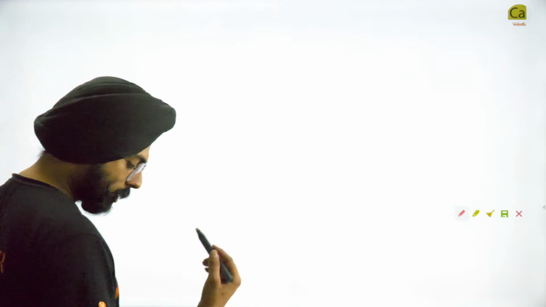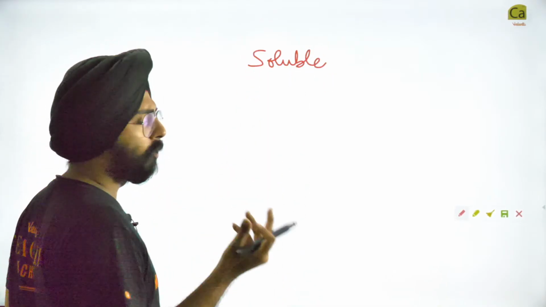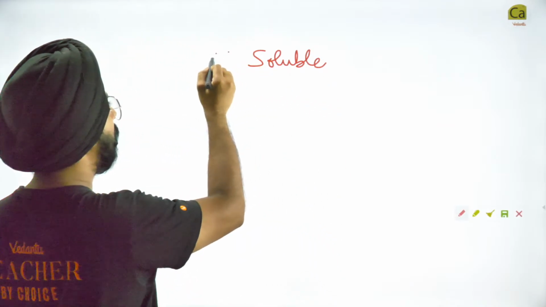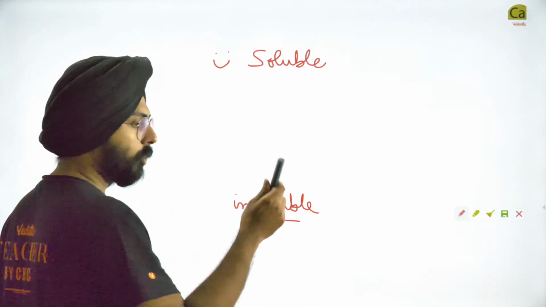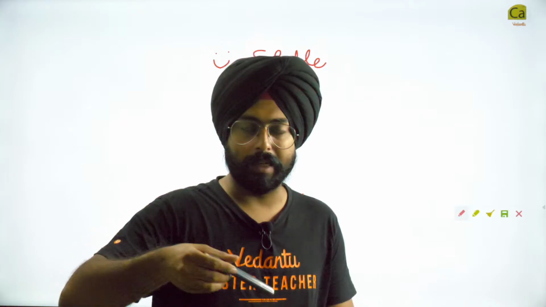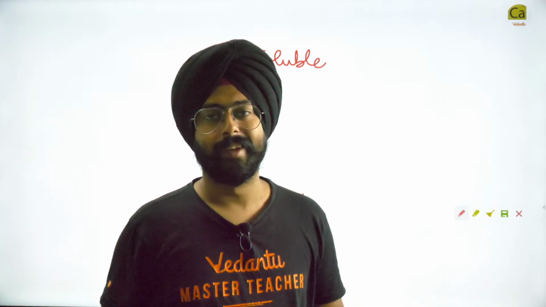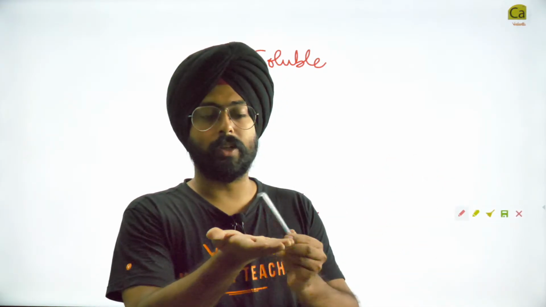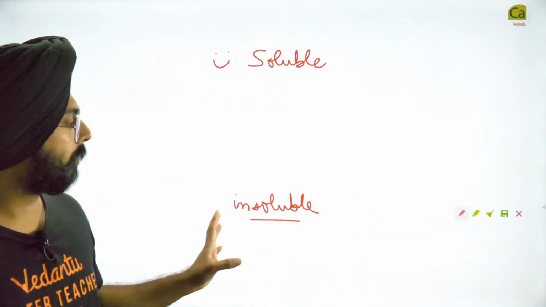Now, let's come to solubility. My dear friends, in nature there are different types of things. Some things are perfectly soluble. Imagine you're dissolving it in water. Very happily soluble. Some things are insoluble. If I throw this pen in water, it won't dissolve. It's good that it doesn't dissolve. If it dissolved in water, then by now half of it would have been gone, because there's moisture in the air, and when we write, when we touch it, there's a little bit of sweat. This would have gone off, but it's insoluble.